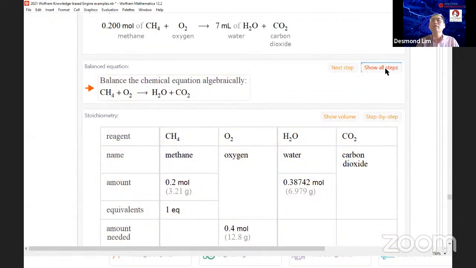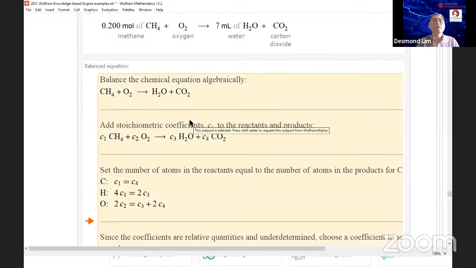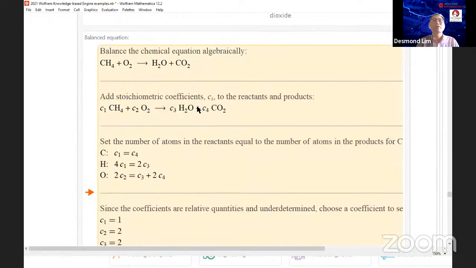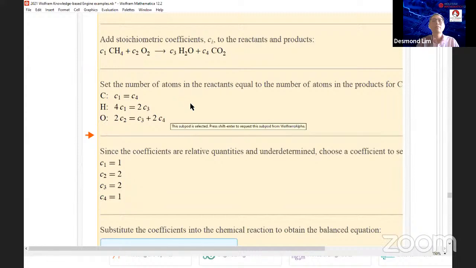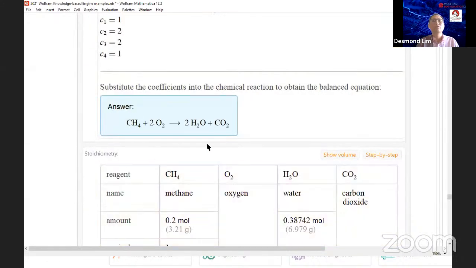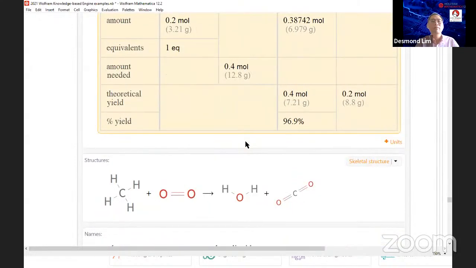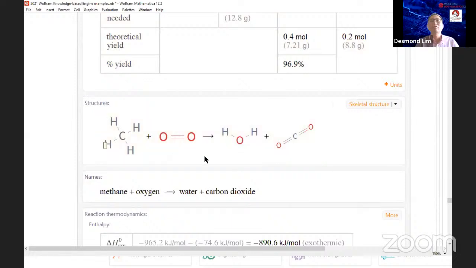This one, I click show all steps. First step, balance the chemical equation algebraically, and then add the stoichiometric coefficients, and then set the number of atoms, until you get the final answer. So it shows all the steps. Even for this one, there's also step by step. And you can see all the structures as well, if you want to see the Lewis structure or any other structures. And the